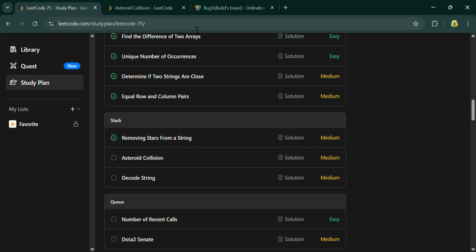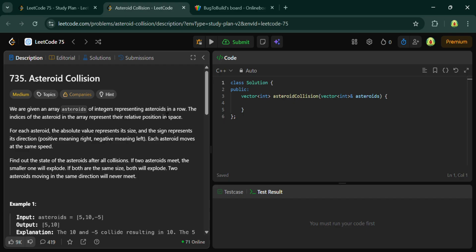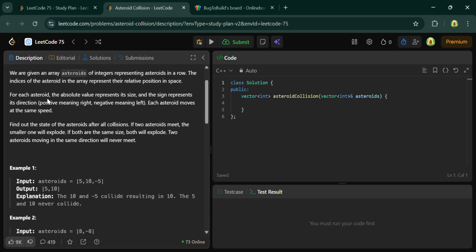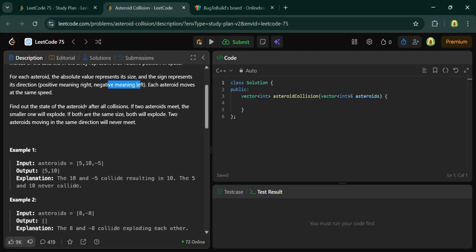Okay, so what does this question tell? Here is given a vector asteroid, and then there is given a size. This will represent the size of an asteroid, and the sign which is positive and negative. Positive represents that it is moving to the right, and negative represents that it is moving left. So you have to return the